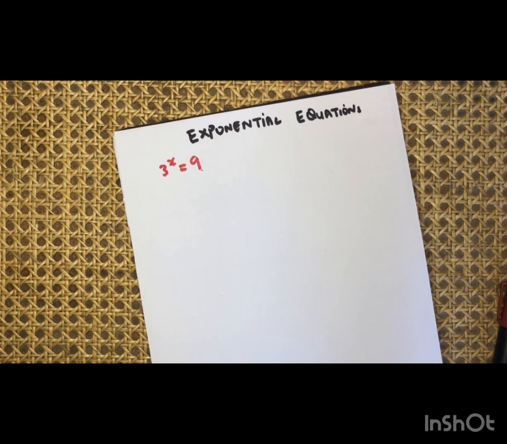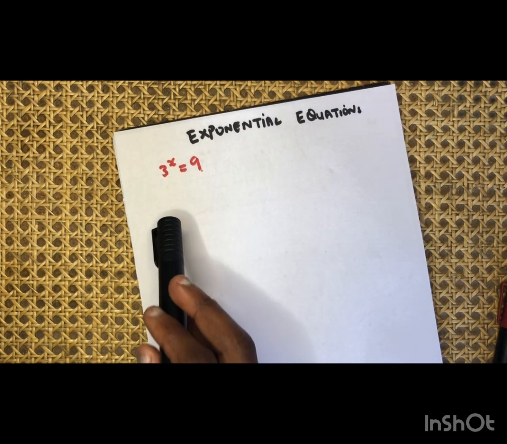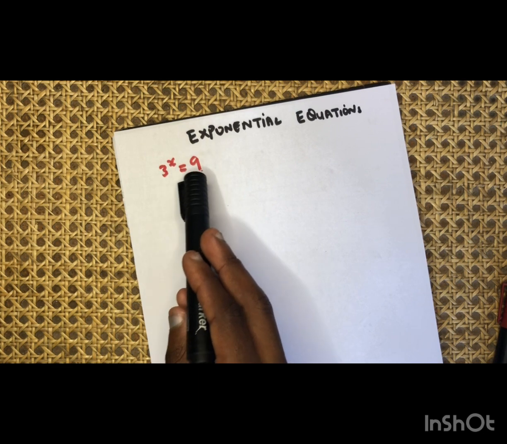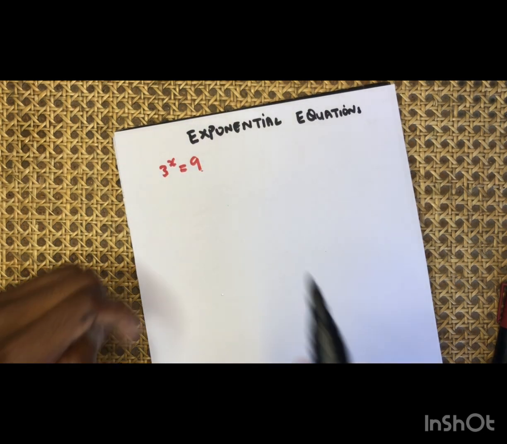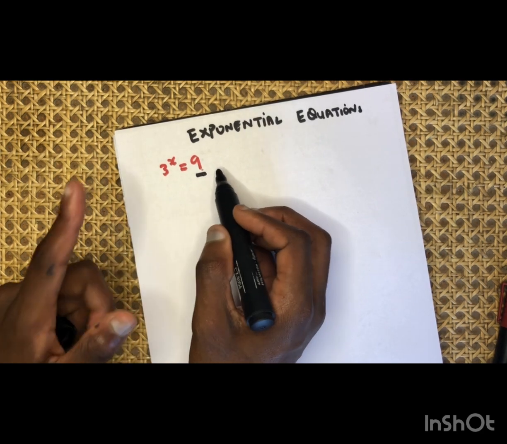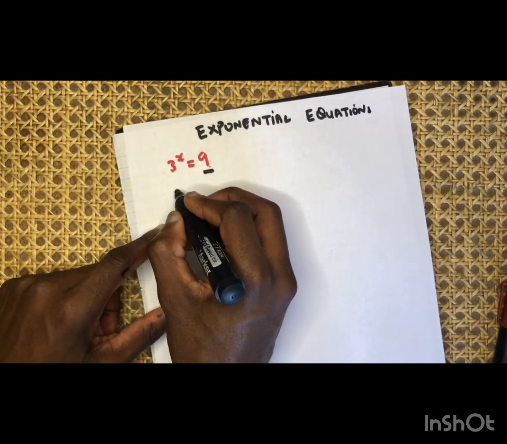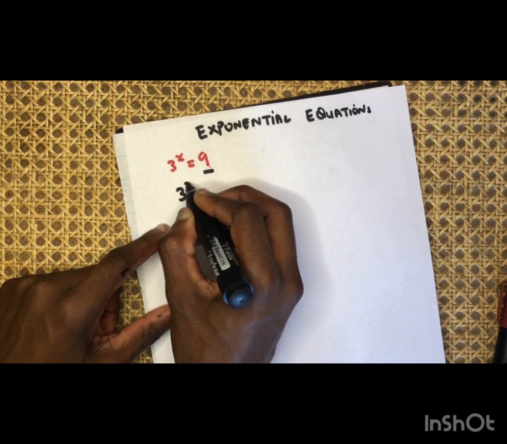In grade 10, consider this example: 3 to the power x equals 9. I need to write 9 to the base 3 so that I can equate the exponents. We know that 9 is 3 to the power